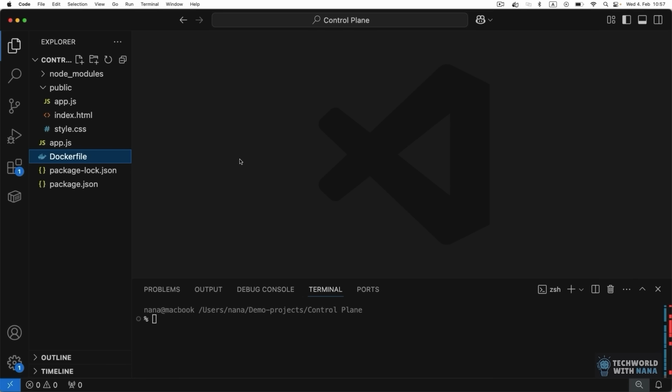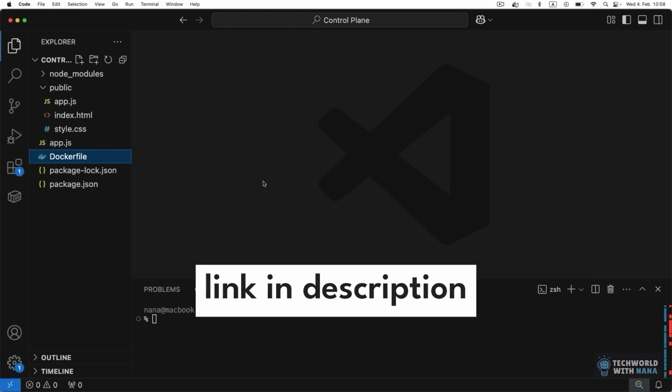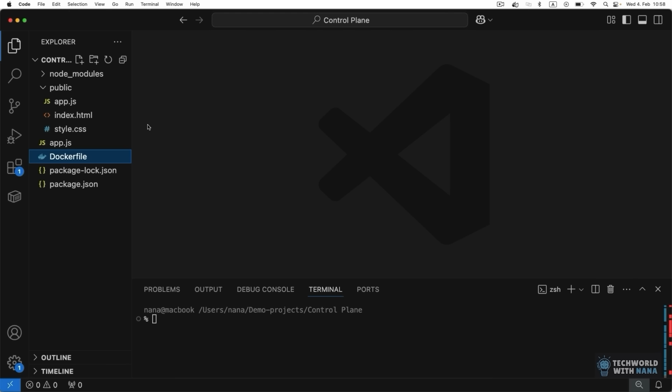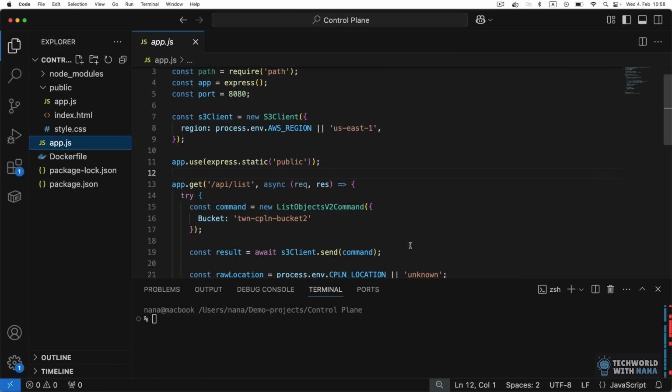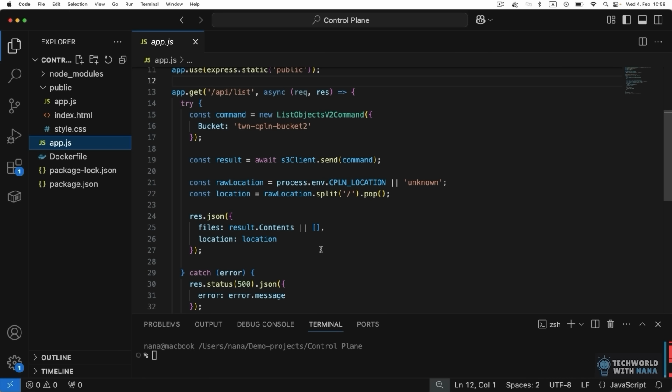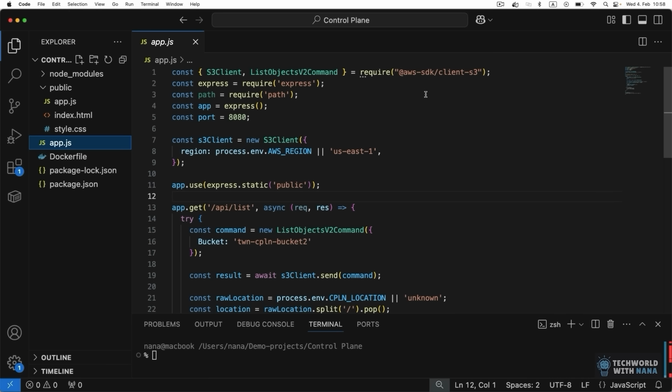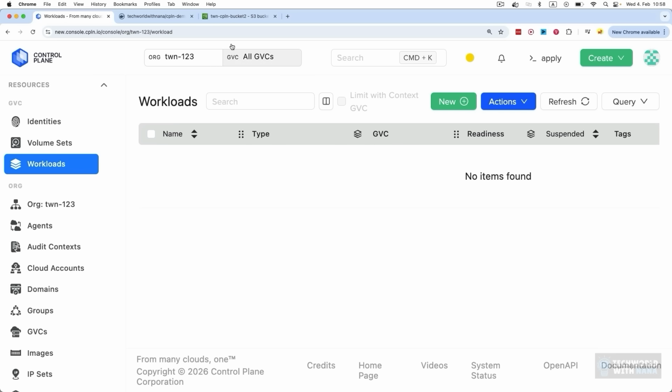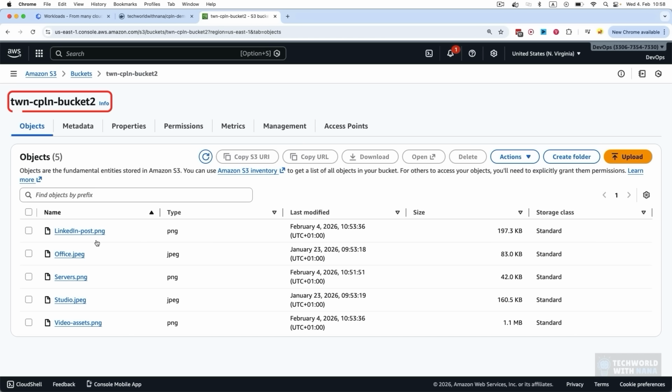So first of all, let's check out our application just so you understand what it does. It's super simple. Of course, you're going to find the link to the Git repository so you can just clone the code locally and you have the same entry point as me. So we have this backend code. Let's check it out. Super simple. The only thing the application does is basically just connect to an S3 bucket on my AWS account. And for that, I'm using an AWS SDK and client for S3. And we're connecting to this bucket right here.